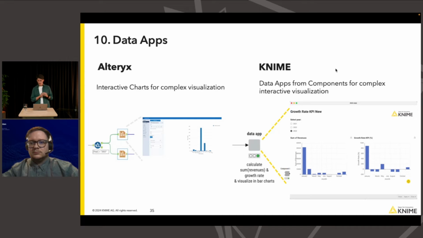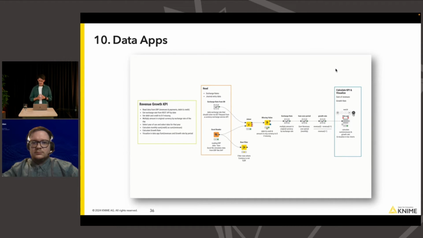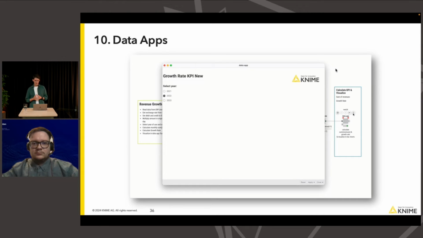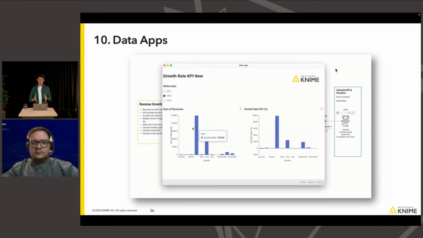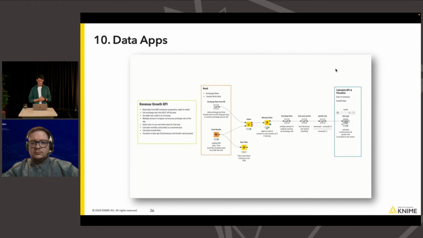But let me jump over to the live demo that I recorded in order to show this to you, because it's something that you need to see. So here we go. There I'm opening or executing the data app, and you can see now it shows me the 2 bar charts we had earlier. You can hover over them and look at the different options. Then if you click on a different year here, what actually happens in the back end is a part of your workflow gets re-executed